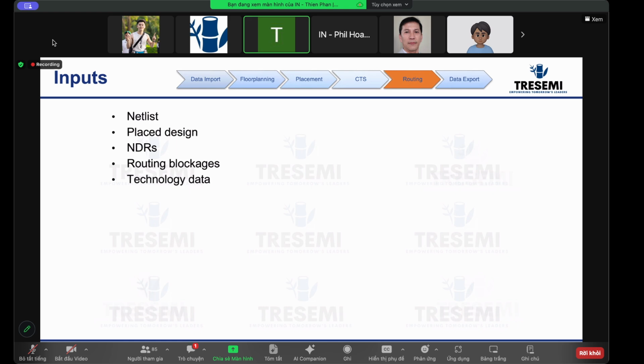So even though we say in here that we have a netlist and a placed design, these are actually built into the CTS database. But potentially you can have a netlist and then, let's say, a DEF, and you can combine those two